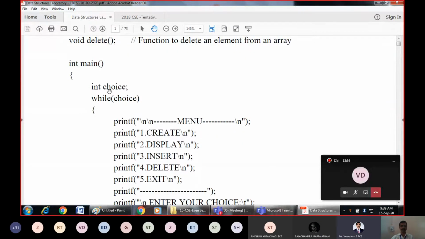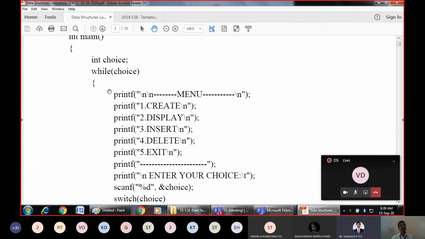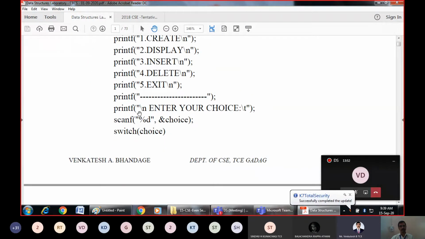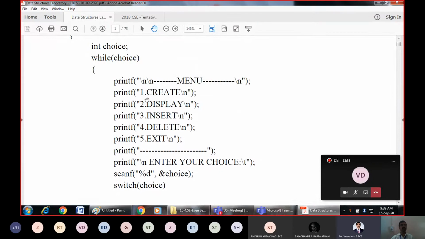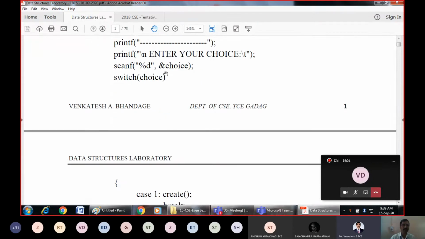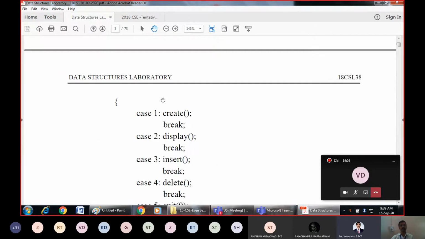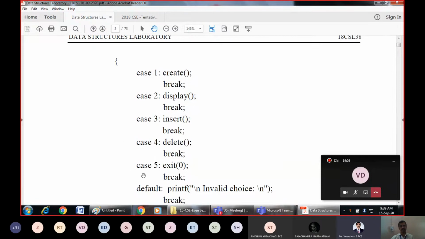We ask the user which option they want, and put that choice in the while statement: one for create, two for display, three for insert, four for delete, and five for exit. Finally, we ask the user to enter their choice. First we should create the array, so the choice will be one. Whatever choice you give, that case will be matched here. If you give case one, then the create function will be called.